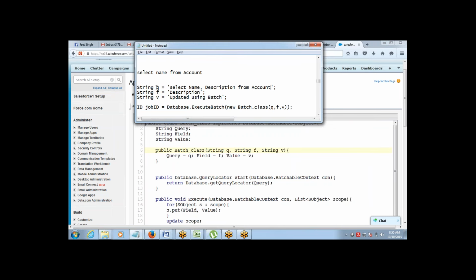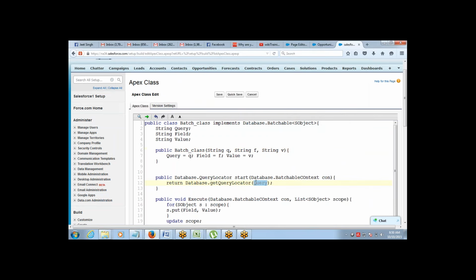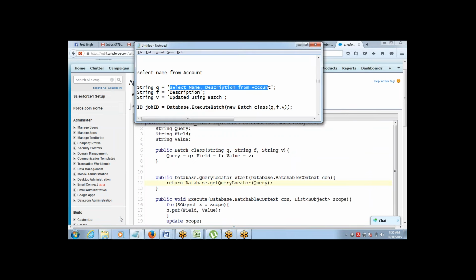So q is the query which is going to be used here in the start method. f is the description field, so the field which will get updated is the description field. And 'updated using batch' is the value which will get updated on that particular field, right?